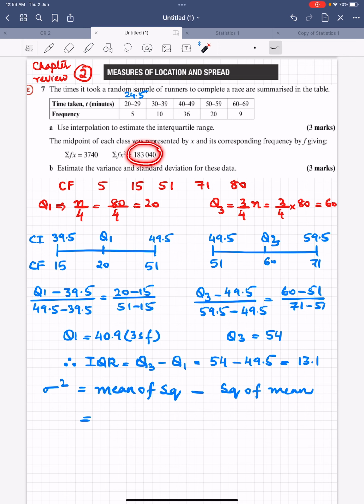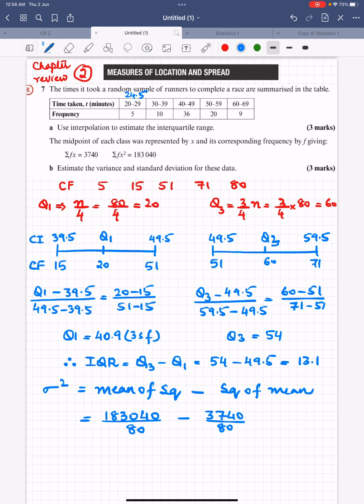We just need to take the mean of these. So 183,040 divided by 80. So this is the mean of the squares minus the square of the mean. The mean we can find by dividing sigma fx by 80, so 3740